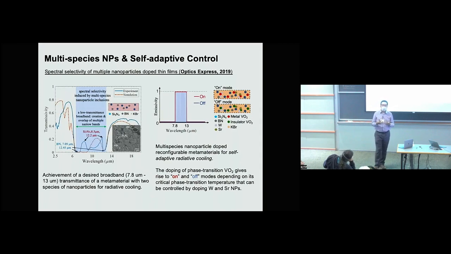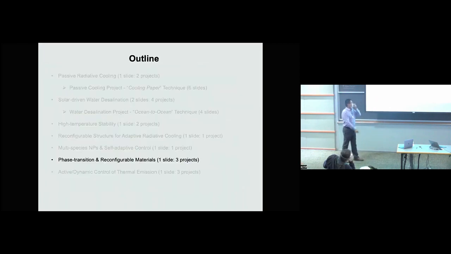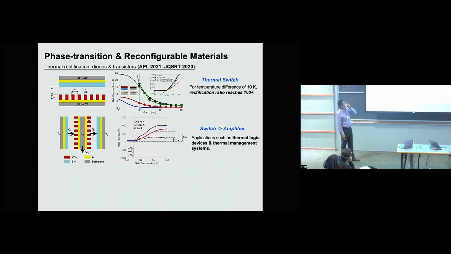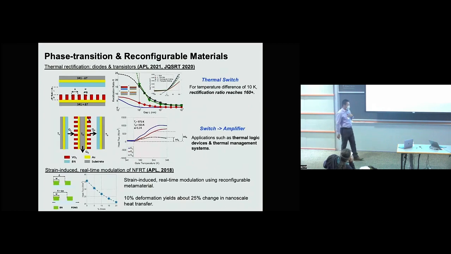So let me just give you an idea. Maybe in the future you want to design something, for example, a broadband thermal emitter or absorber, you can simply consider doping technology to create a broadband idea. And next one, the phase change material. This work, we published a few years ago, and also worked with Morrow's group, together. So we designed the thermal